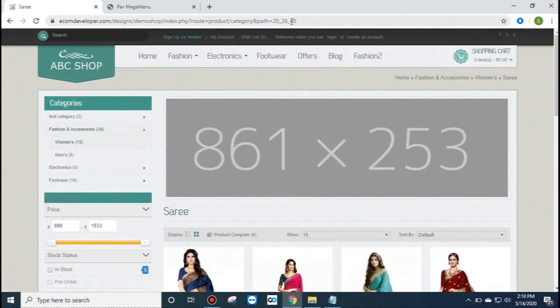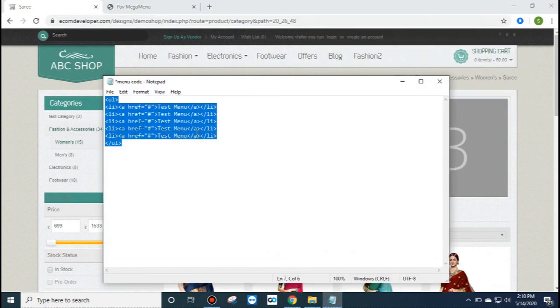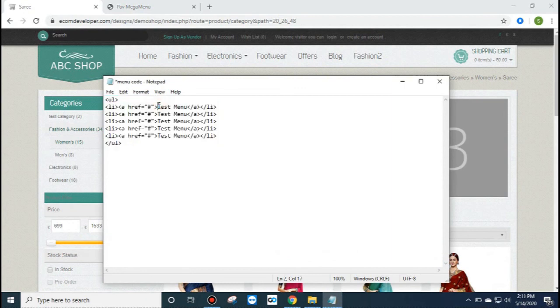and I can see this is the link, you can note it down from here. It starts from index.php. Copy this, go here, and for example if we wanted to modify it, put sari and replace this hashtag by this link.